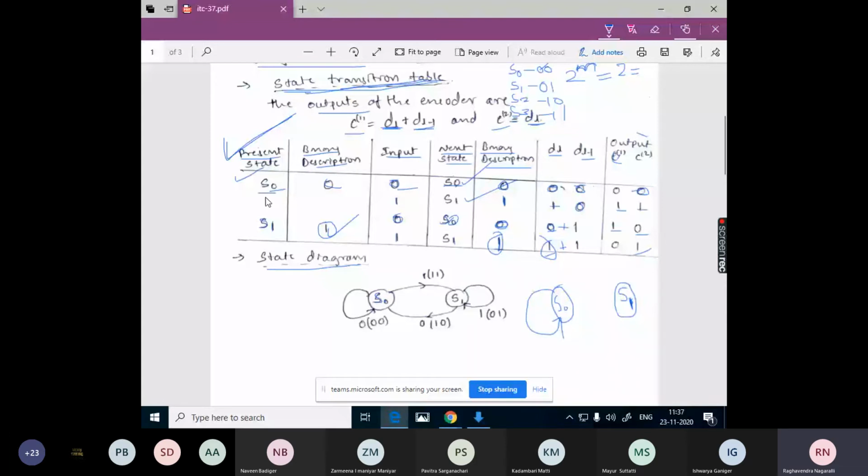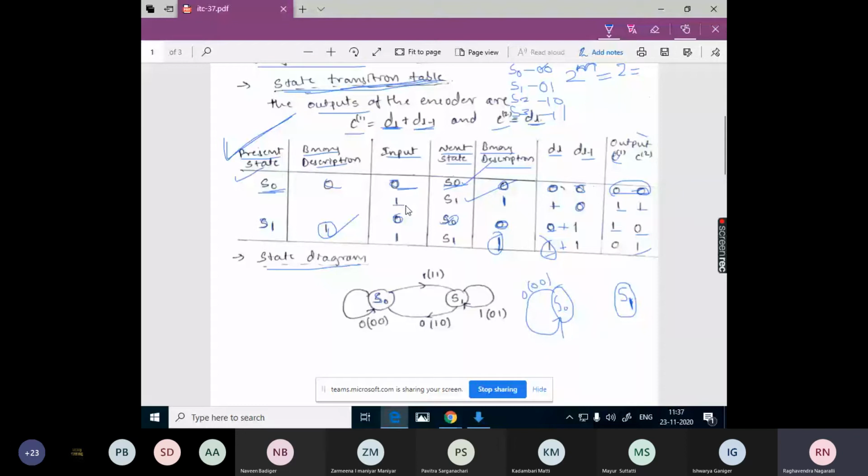So it is S0 to S0 because of this 0 input. And what is the output of the encoder? It is 0, 0. So for 0 input, we are having 0, 0 output. So this is how we write the input and output in the state diagrams.